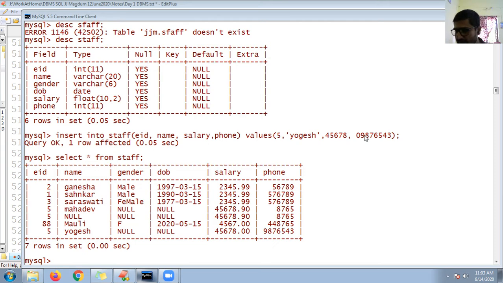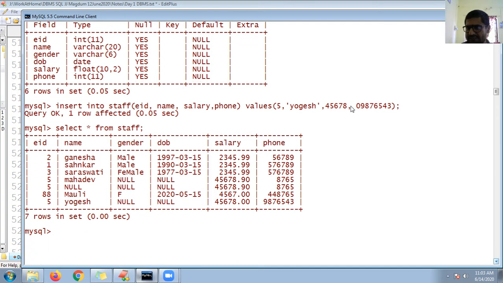Okay, are you getting it, guys? How can I resolve this problem? You can resolve it whenever you try to insert values beginning with 0. Guys, have you understood the problem with this syntax? Insert into staff, employee ID, name, salary, phone, values, and then the list of values. But if you observe here, for phone I try to start with 0. I try to insert using 0, but the 0 is not inserted. Do you observe here?